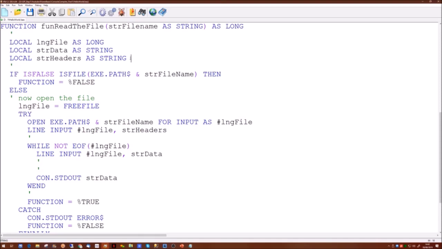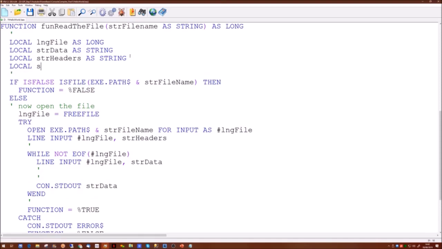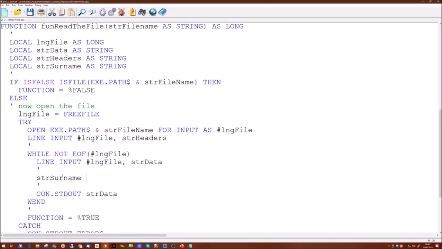So we will create another variable called surname. We want to pick up the surname from our data line. But how do we get it? We know the data will be held within the str data variable because it's the whole address line in there. So we use a command called parse.